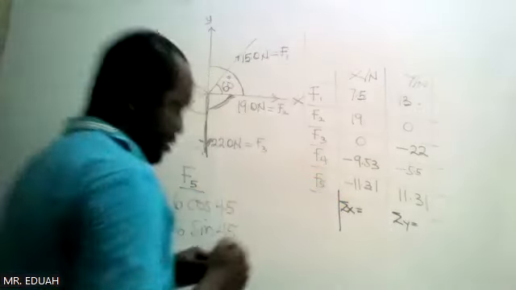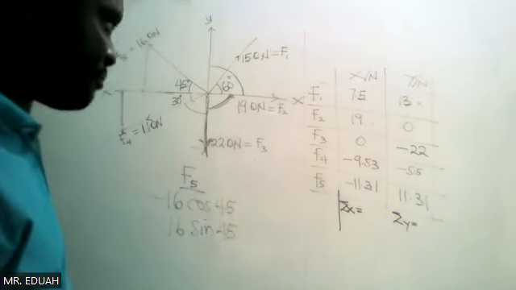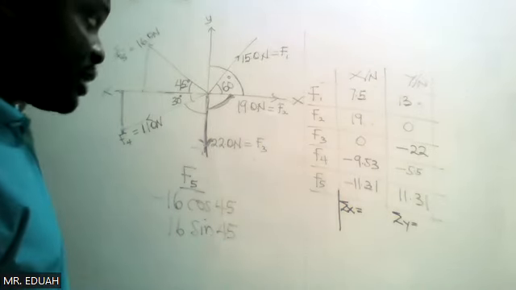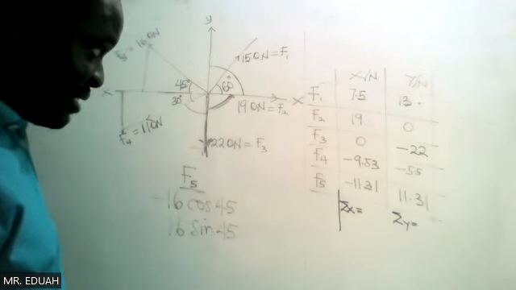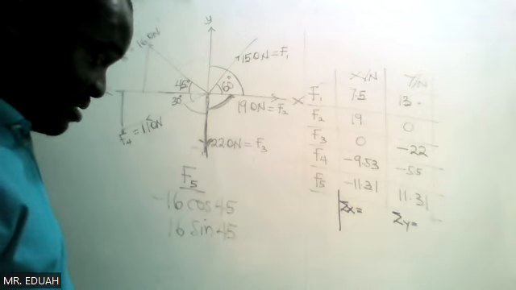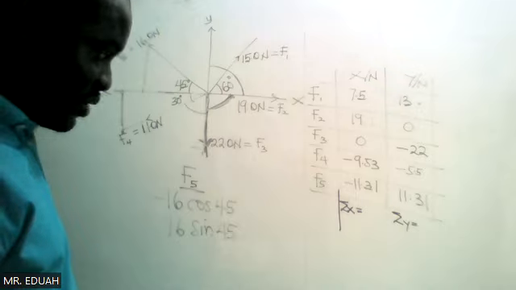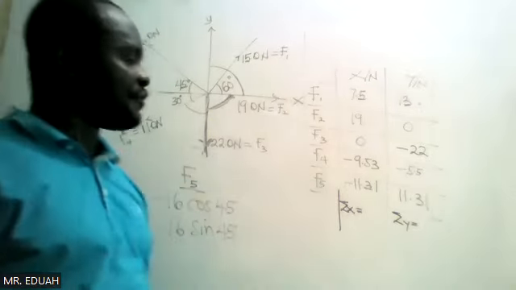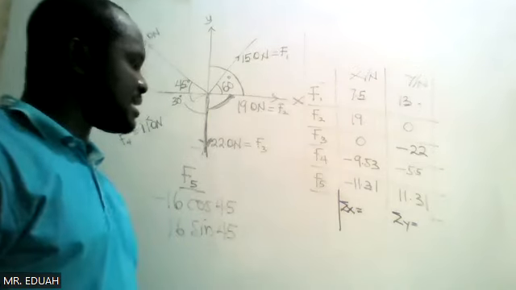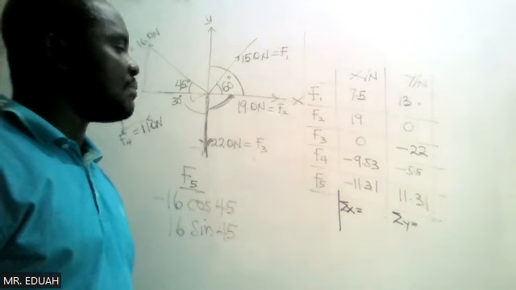Sum them up for me. 7.5 plus 19, which is 26.5, minus 9.5, minus 11. We need to have positive. So this is 26.5 minus, this will be maximum 20,